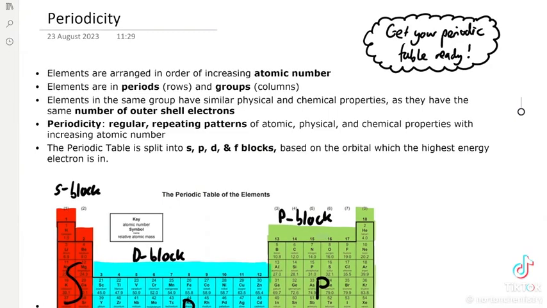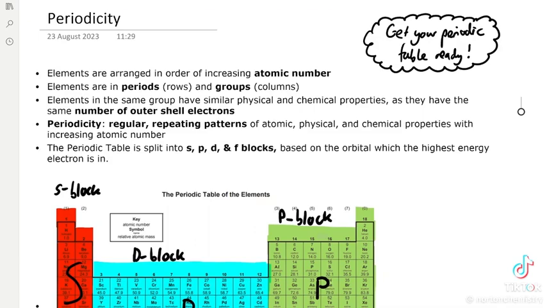Elements are arranged in order of increasing atomic number in the periodic table. Elements are in periods, which are the rows in the periodic table, and groups, which are the columns of the table. Elements in the same group have similar physical and chemical properties, because they have the same number of outer shell electrons. And the definition of periodicity is the regular repeating patterns of atomic, physical and chemical properties with increasing